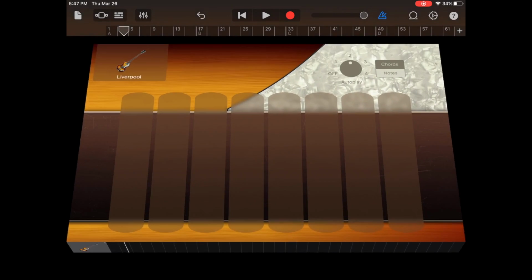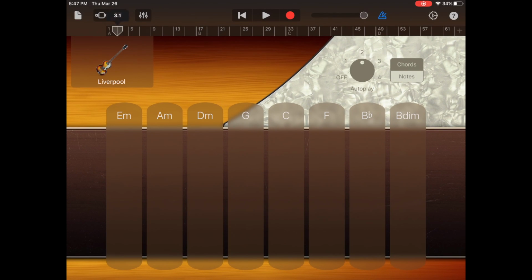We go in there. We're going to make sure this slider here is set, because it's going to start recording wherever you put it. So you have to make sure it's at the beginning if I want to record at the beginning. So I'm just going to get some